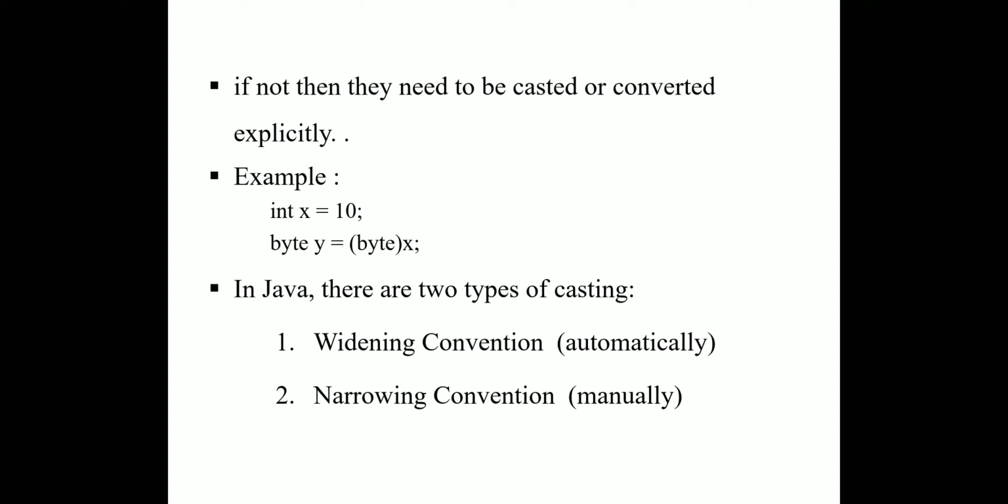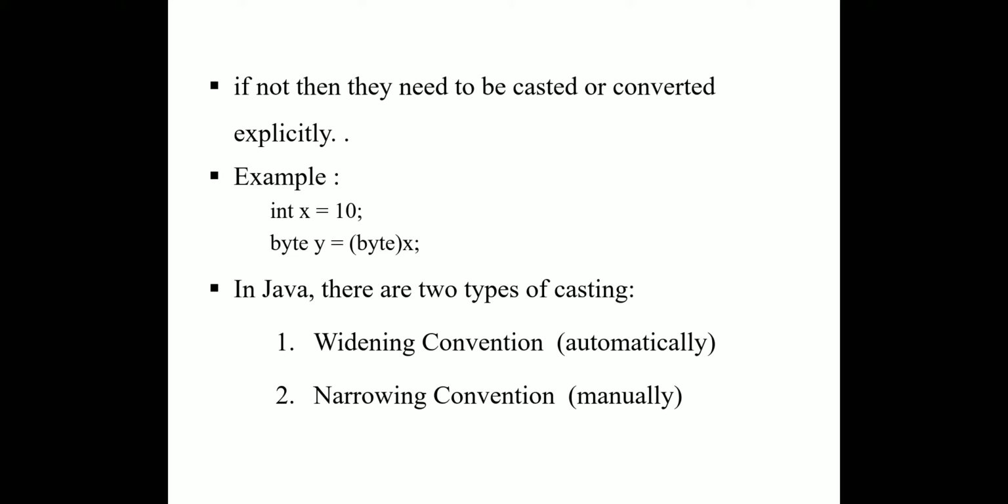That is known as automatic type conversion. If it is not compatible, then they need to be cast or converted. If it is not compatible, then we are going to convert from one primitive data type to another data type, or it may be any data type. And also, only integral data types can be converted with integral data types. Character data types won't be converted as integer.